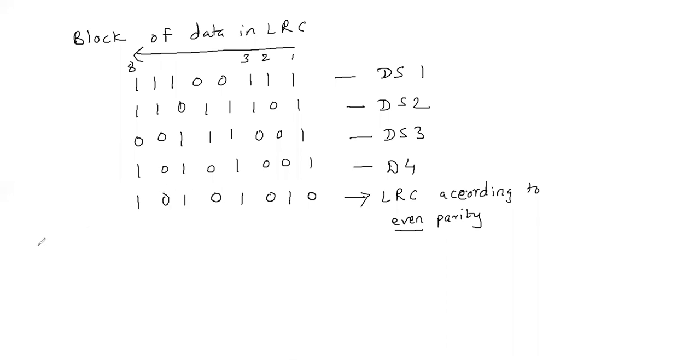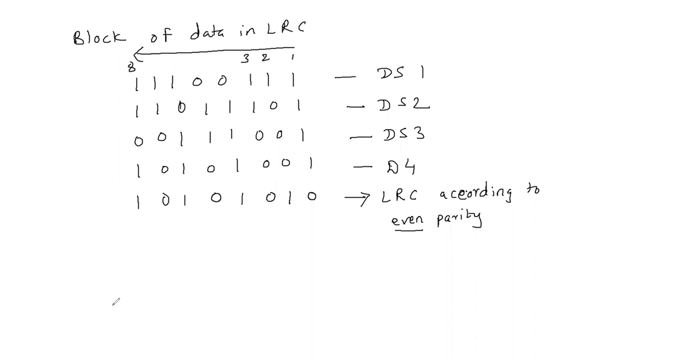So this one bit is added as even parity in the last row of the LRC bits. This is an example of how the LRC bits are managed. First, the data block is converted into a data stream, in the form of rows. They are arranged one below the other, and after making a tabular form of data, we'll check the columns.